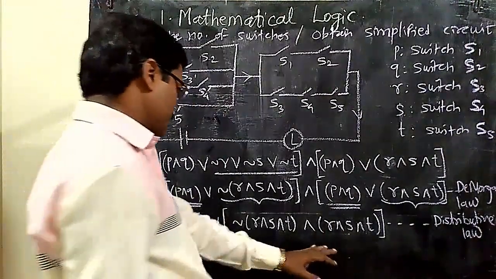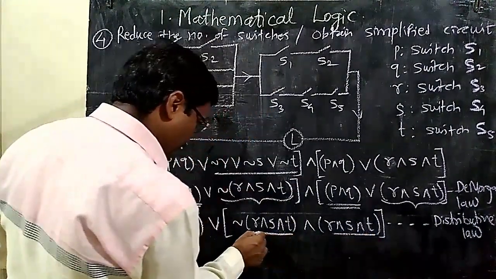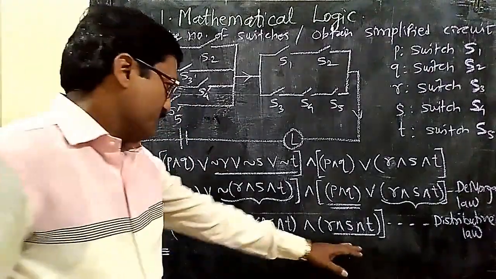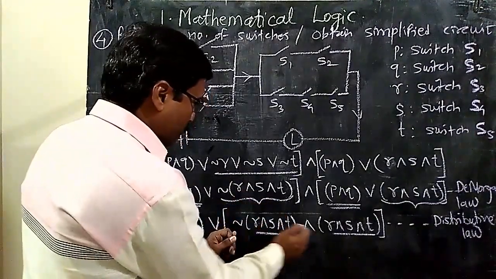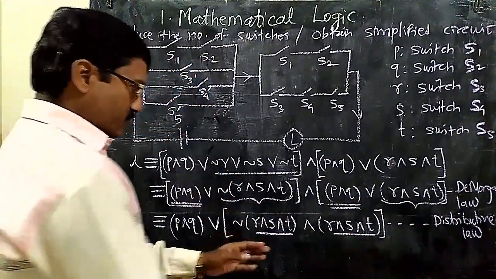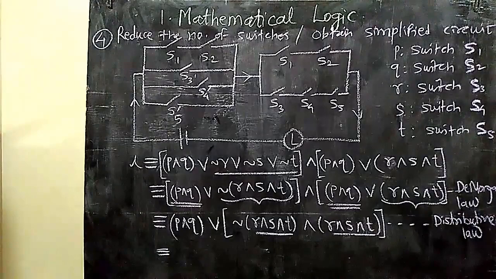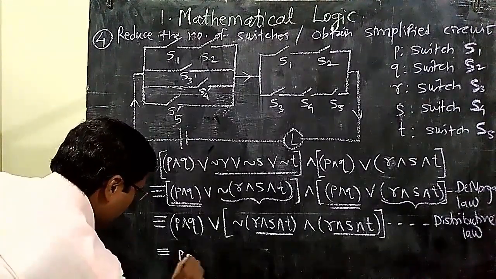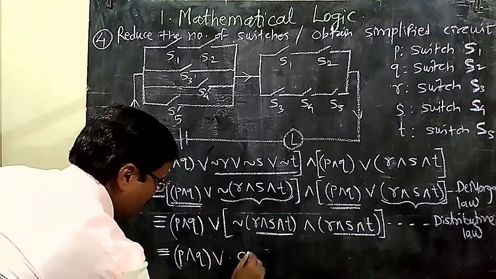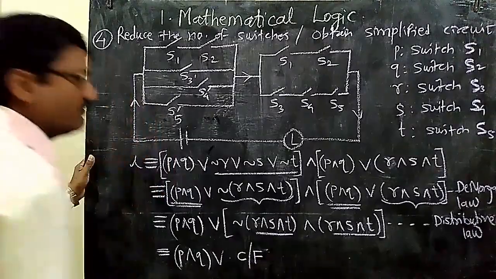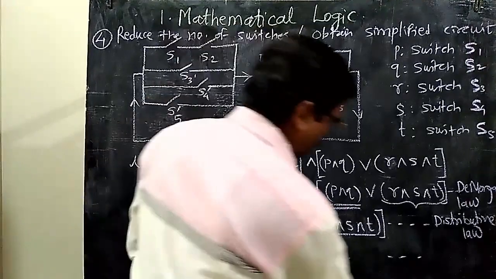Now if you observe this large bracket, in this bracket this combination is the same, R and S and T. The same statement pattern is here with negation. So if we consider this as P, then negation of P and P, one is there and its negation is here. So P and negation P will obviously always be a contradiction. So we get P and Q, or contradiction, that is C, or you can write capital F also. So this is by complement law. C for complement you can remember also.